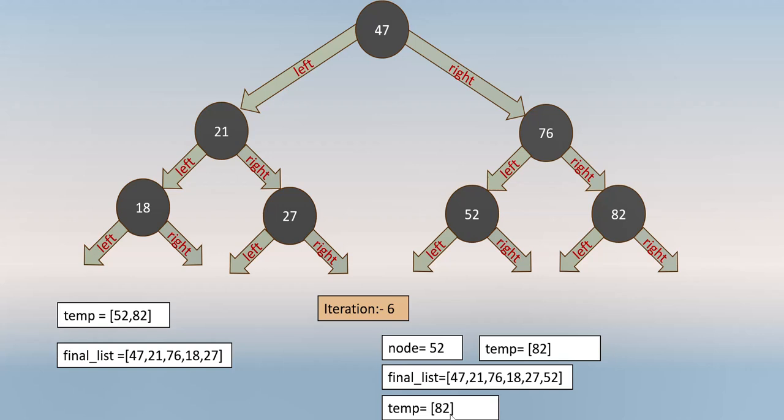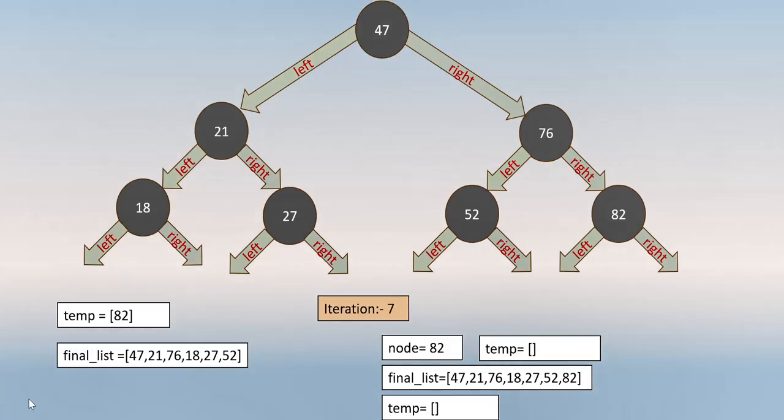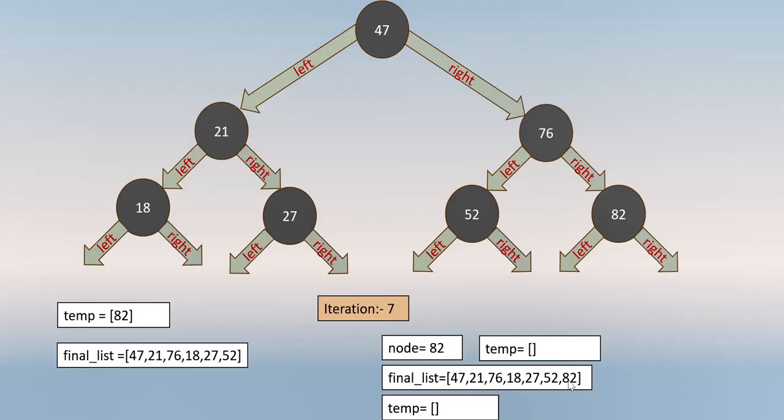Okay, so in the temporary list we have one node still there, which is 82. So we'll start iteration 7 because this length is still 1, so it will come inside this while loop. So pop first from this list. So in temp we have node 82, so node equals 82, and parallelly it will be removed from the temporary list. So now the temporary list will be empty, and it will append this value in the final list. So 82 will be appended in the final list,